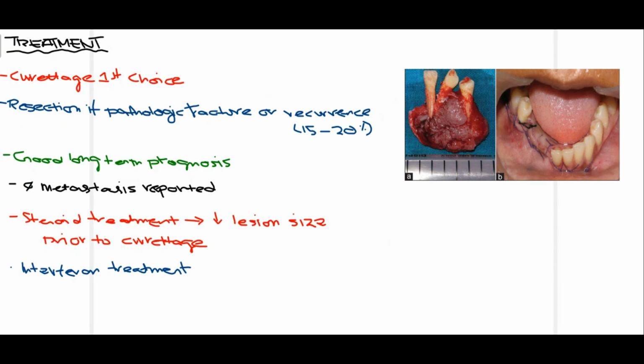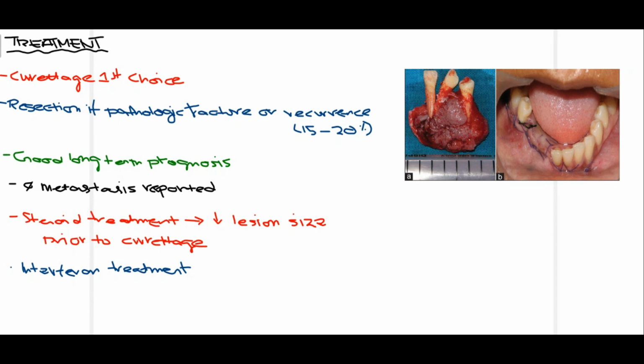Now, lastly, when we have arrived at the diagnosis that the patient is suffering from central giant cell granuloma, what are the different treatment options available for such patients? Firstly, curettage. Curettage is the first and most important treatment option available for the patient. Basically, it is to remove the entire lesion along with some adjacent bone, as you can see in this picture. The teeth are also removed because there is resorption of bone around all of these teeth, so the prognosis of such teeth is really poor, and some bone is also removed around the lesion. This is known as curettage.